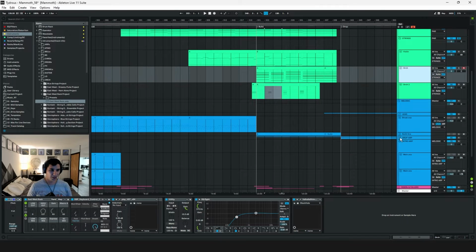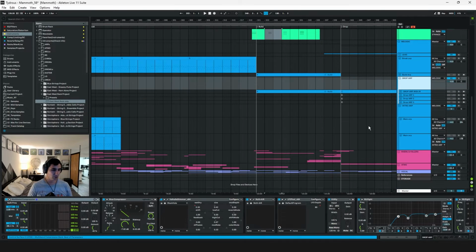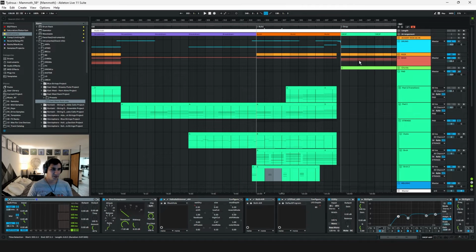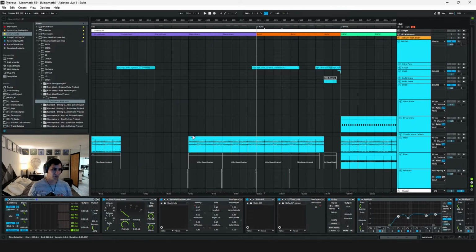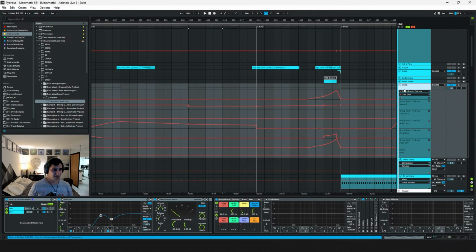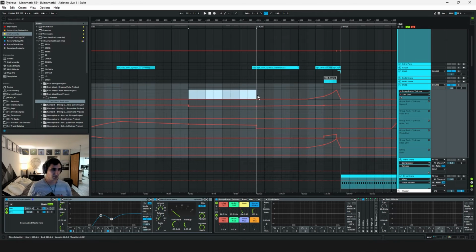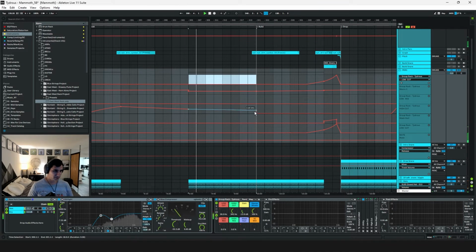So then as we go along here, I'll touch on this real quick. I bring in some of the percussion here. I think it's filtered down a little bit. Oh no, it's just lowered in volume. So I lower the volume of the percussion by about 10 dB here. And there must be a filter happening somewhere else. Yeah, there's a filter here as well. So it's being filtered out and it's lowered in volume, but it's just coming back in to add